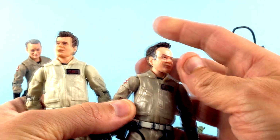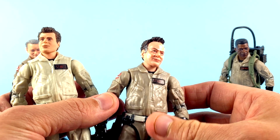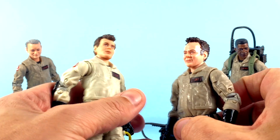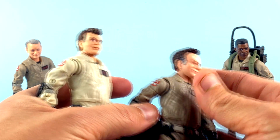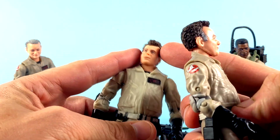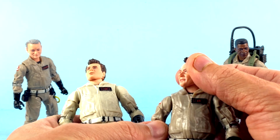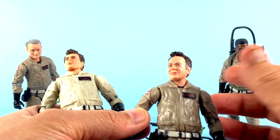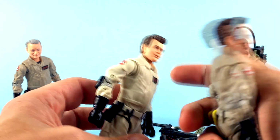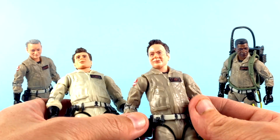This kind of reminds me of Ray when he was possessed by Vigo the Carpathian in Ghostbusters 2, how he had the regular sized body and a giant sized head. That kind of looks like him, and it looks good. It definitely has that Dan Aykroyd sort of look to it, maybe even a little bit more than the original one did. I guess it's easier to do a mapping of their head when they're more recent. They could probably just scan Dan Aykroyd's head, but